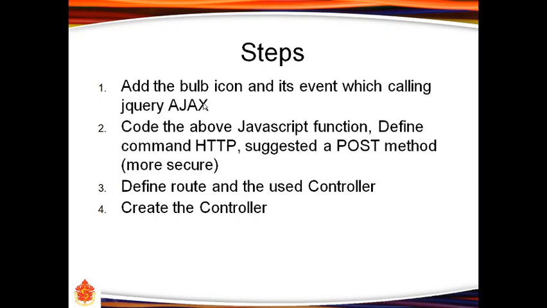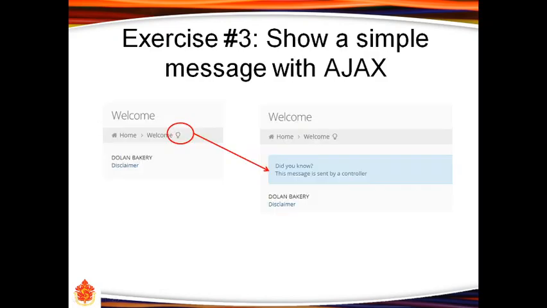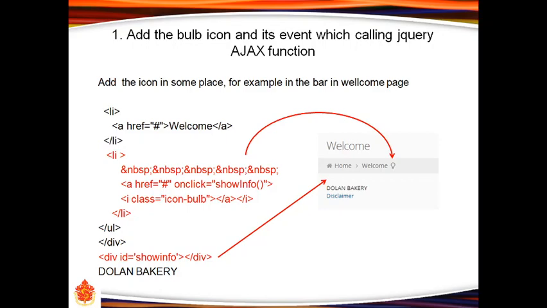We add the bulb icon that will call the jQuery Ajax, and then we create the JavaScript function in our view. We use post as the method. Then we define a route and which controller we use, and then we create the controller. Okay, we first put the bulb icon. This one